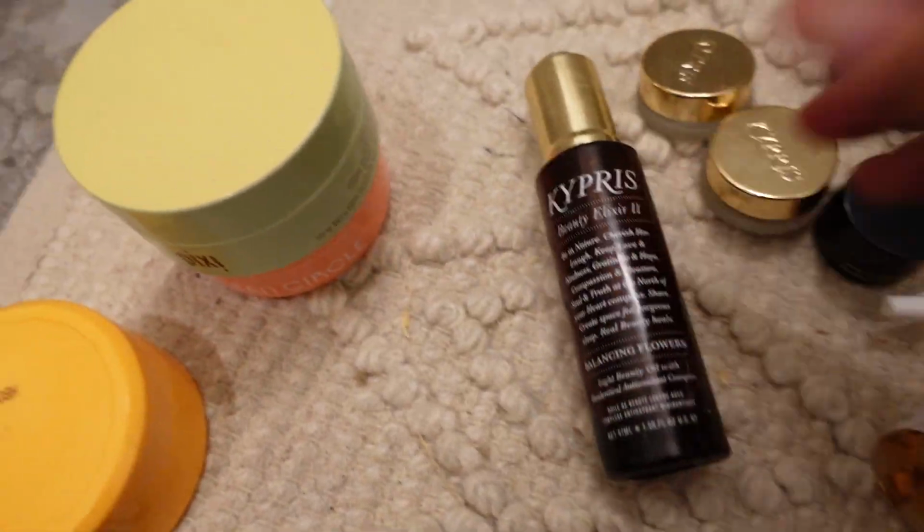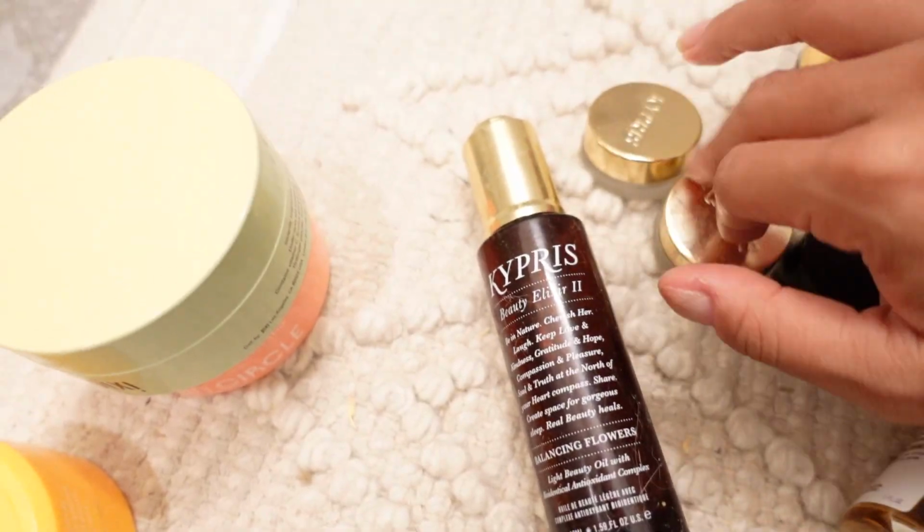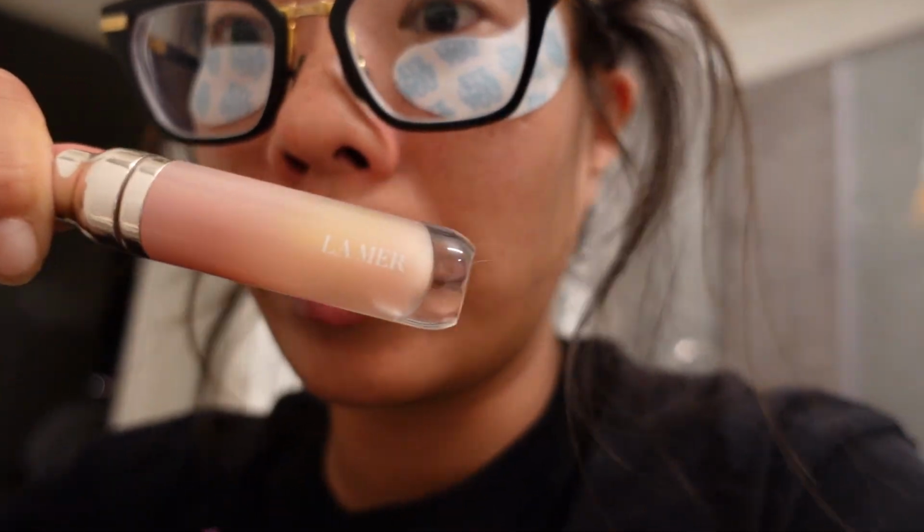They're really expensive, but they are the best when it comes to green beauty and really creating products that are formulated to work without any chemicals that may harm you. This used to be the lip gloss. Guys, when it comes to lip gloss, I need it in a tube. So even with La Mer, which this one I do not recommend, I just need...